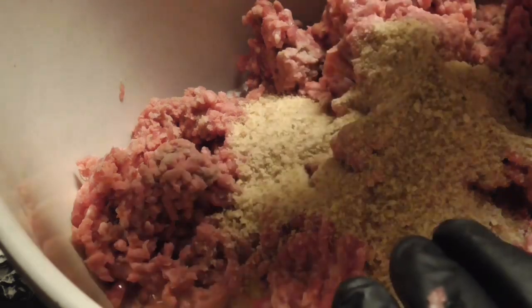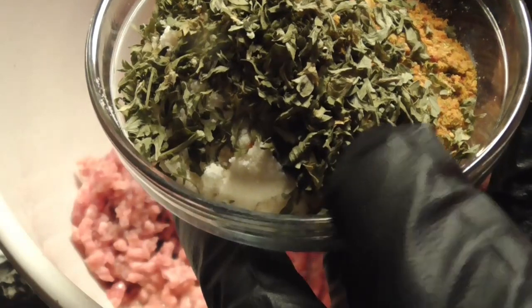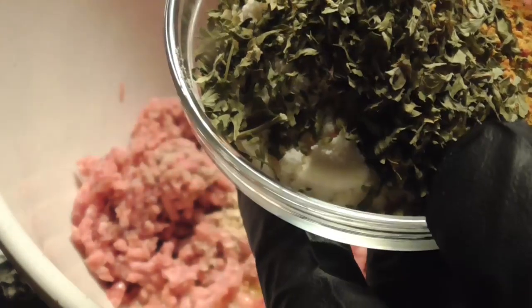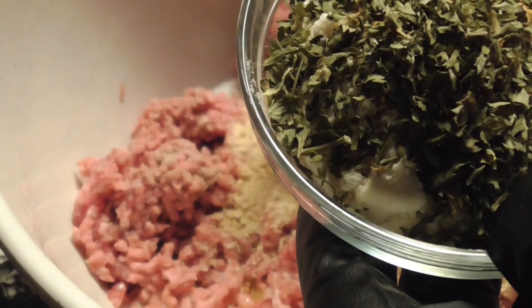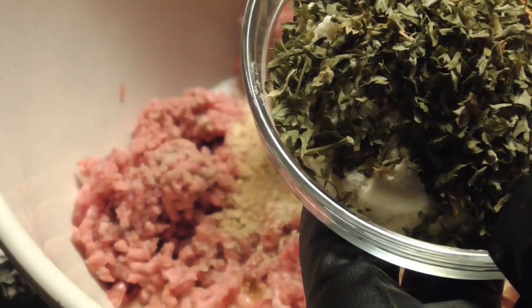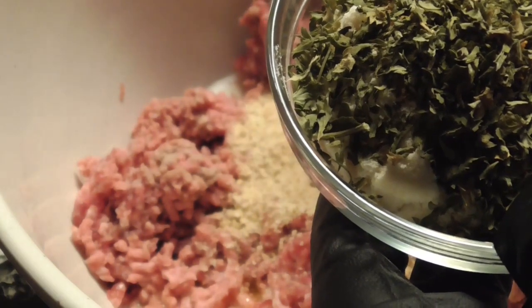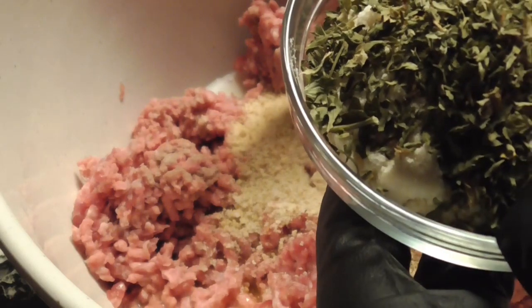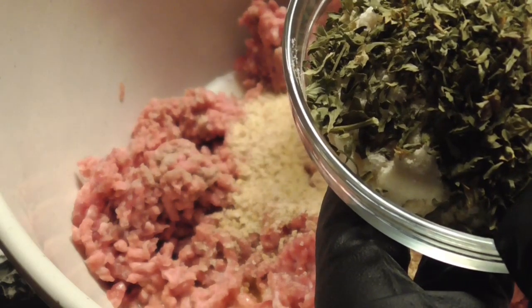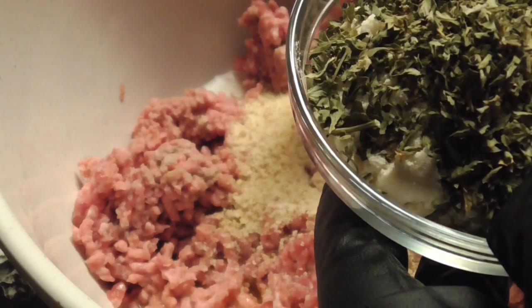And then here's all of my spices and my cheese. What I'm using is 2 tablespoons of grated Parmesan cheese, and I just use the stuff out of the green canister, the kind that my daddy always called the stinky cheese. And then you're going to need a